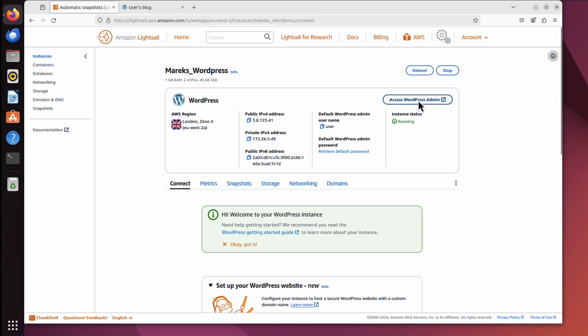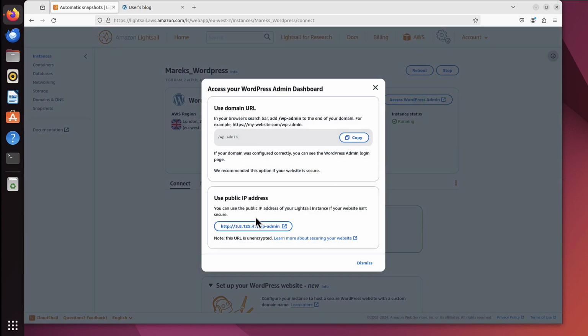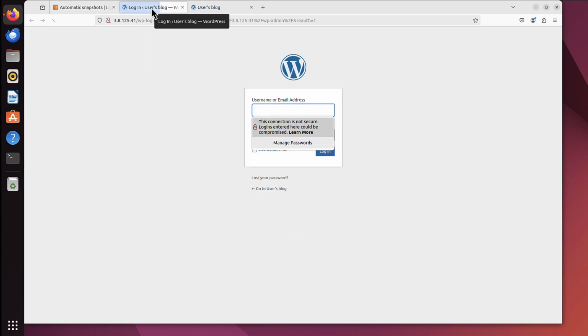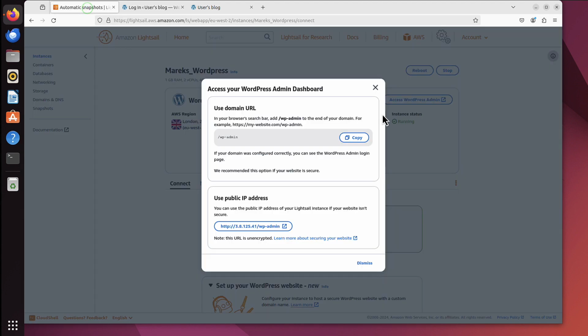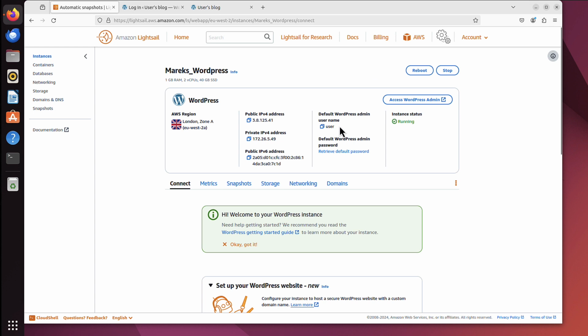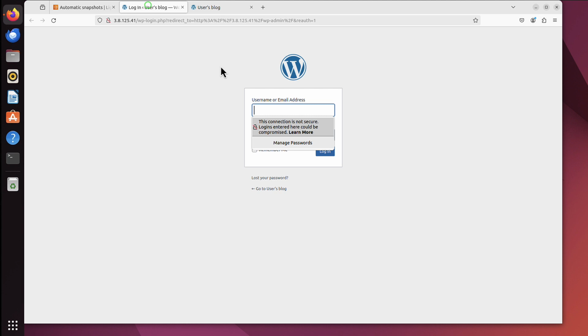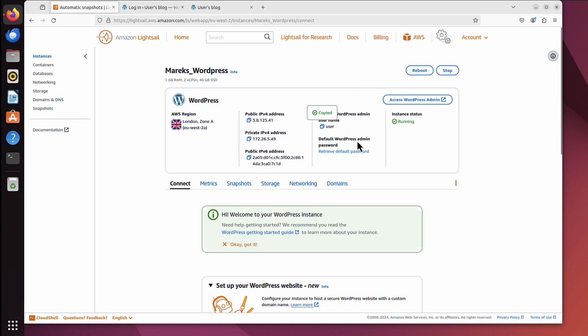So I will show you also maybe how to access that admin console, might be useful. If you click that button, you can see the dashboard can be opened by clicking this link, like to WP admin. I will click that, it will open yet another window, but we need credentials. Where can I find those credentials? If I go back here, maybe close that, you can see the username is easy because it's user. I can copy that. Super lazy copying 4 letters, but never mind. So it's user. And the password is a bit more tricky, but it's not rocket science either.